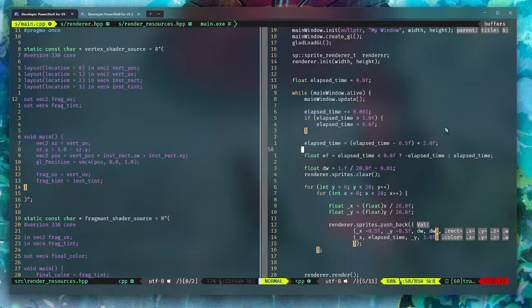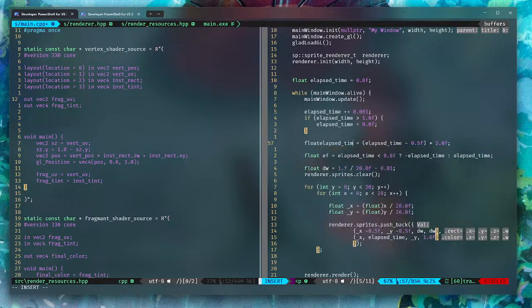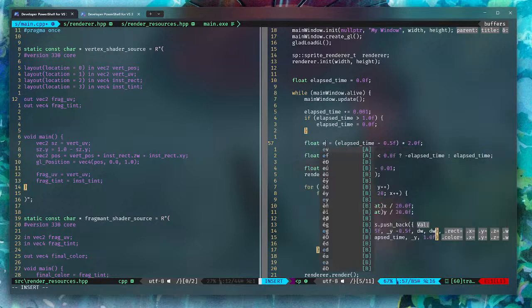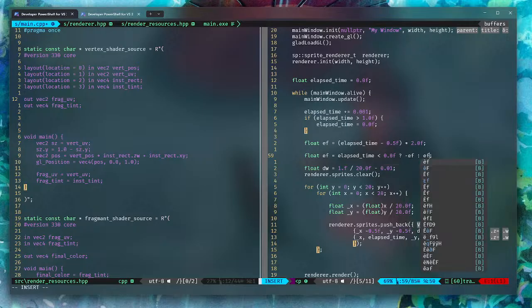But then I am also doing this, right? So it makes more sense to just say float EF here, right? And use EF here without bothering with elapsed time, right? And here you can see use EF,